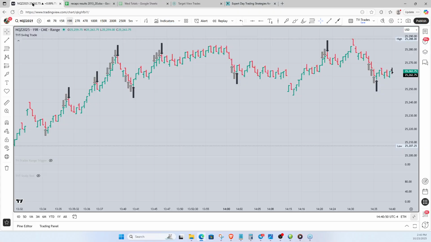Okay, back here. So here we're on a 19 range, right? And using just the swing trade stuff, you would go long right here, and after you get 10 ticks in profit, you would take the trade. When you get a gray arrow, you know an up close on the next bar is going to be a trigger. If it's pointing down, you know a down close on the next bar is going to be a trigger.